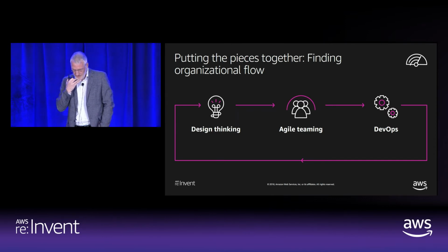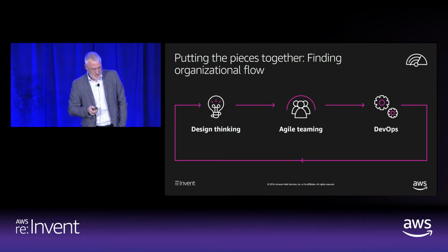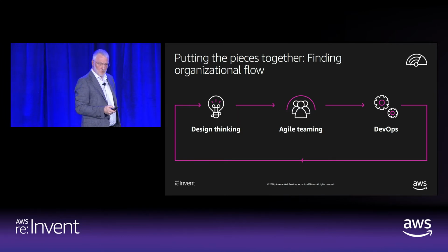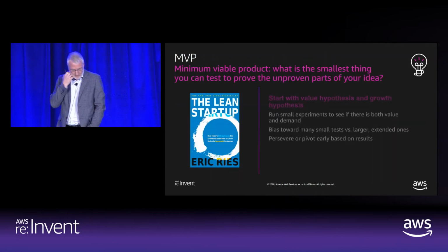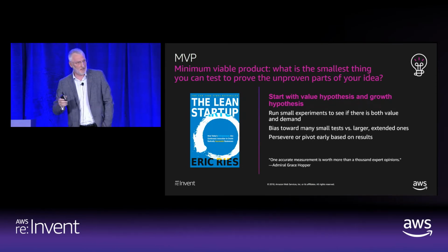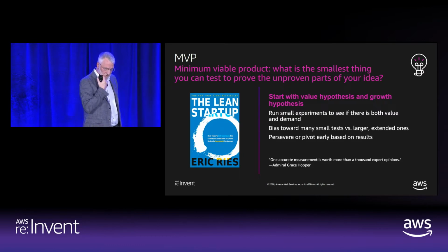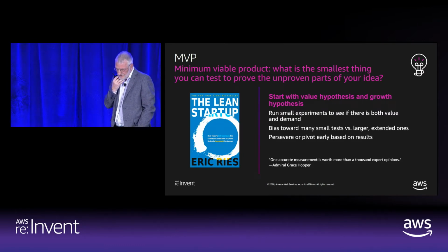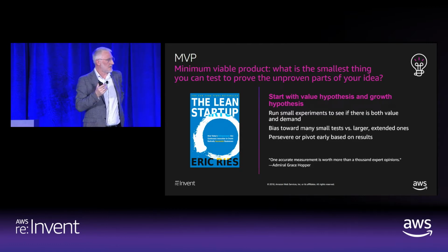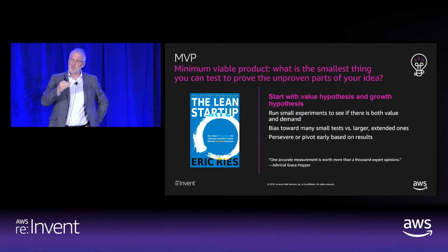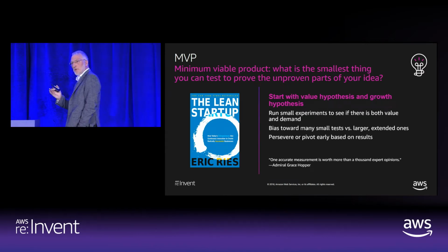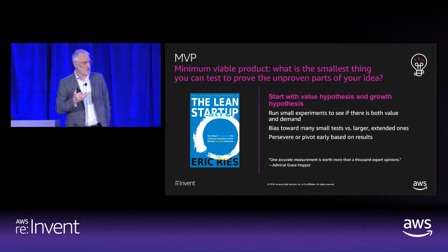So now we're going to take a deeper look at some of these practices that can help facilitate what I've discussed so far. How many of you have read this book? A handful. Okay, so Eric Ries wrote this book a couple of years ago, and he was interested in understanding how you can get to the value proposition faster. And his conclusion was that we have to work around hypotheses.